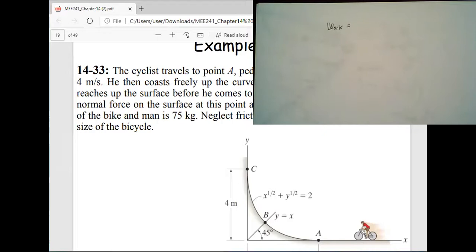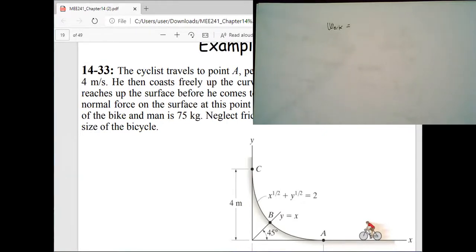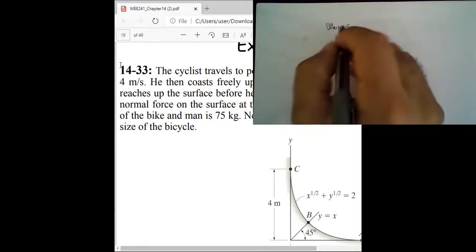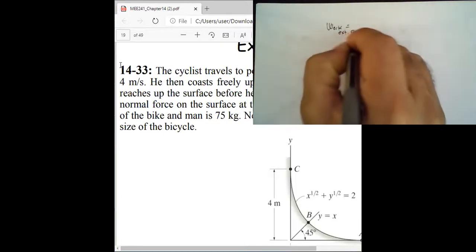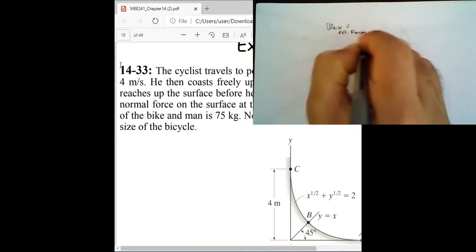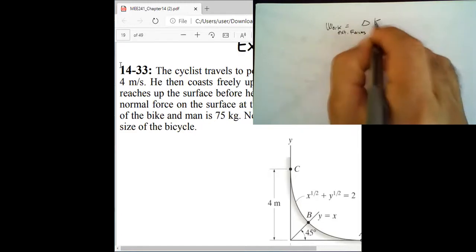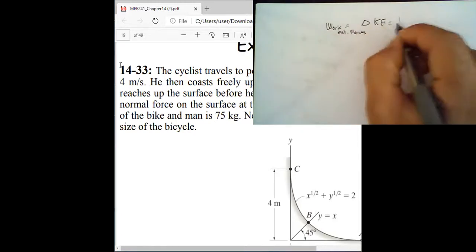So the work of all external forces has to be equal to the change in the kinetic energy of the system,